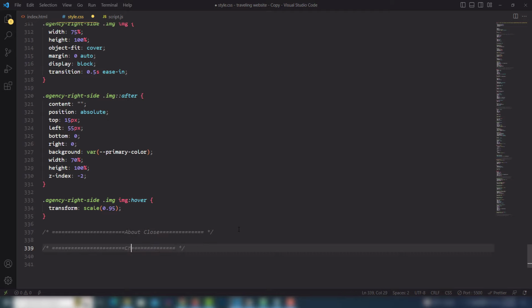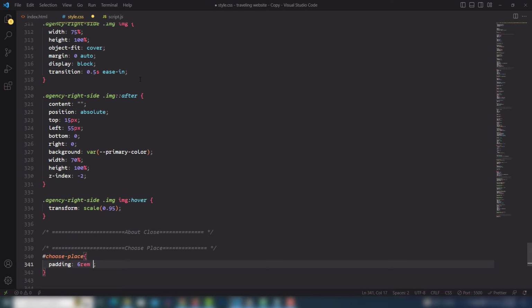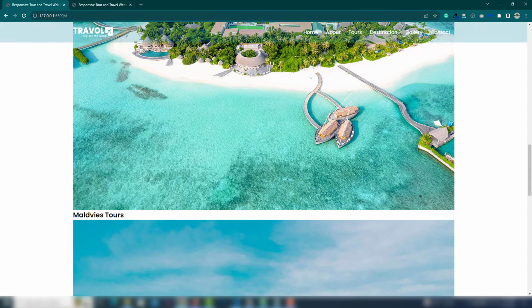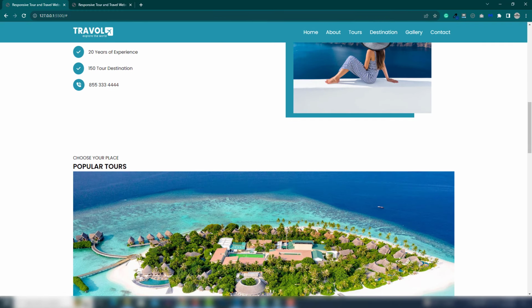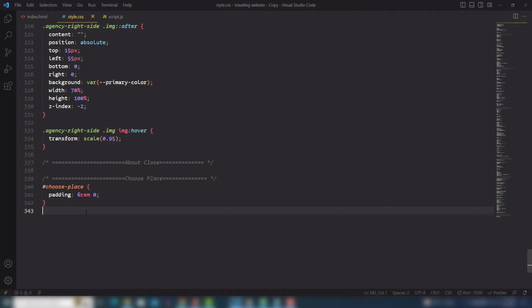Choose place. So I'm going to select my choose place ID like this one. Inside that I need to make a space top and bottom, so I'm going to use padding 6rem and 0 to make a space on top and bottom of this content. And also I will add some classes, but before using classes we need to work on the